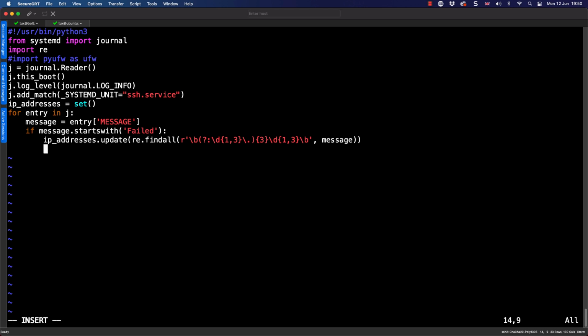But just be careful with the regular expression. They may be ugly, but they do a massive amount of work for us. So it is really worth persevering. Now we can go through and print out our IP addresses. So printing out our set. Now, once we're happy with this, we can go through and save our changes.